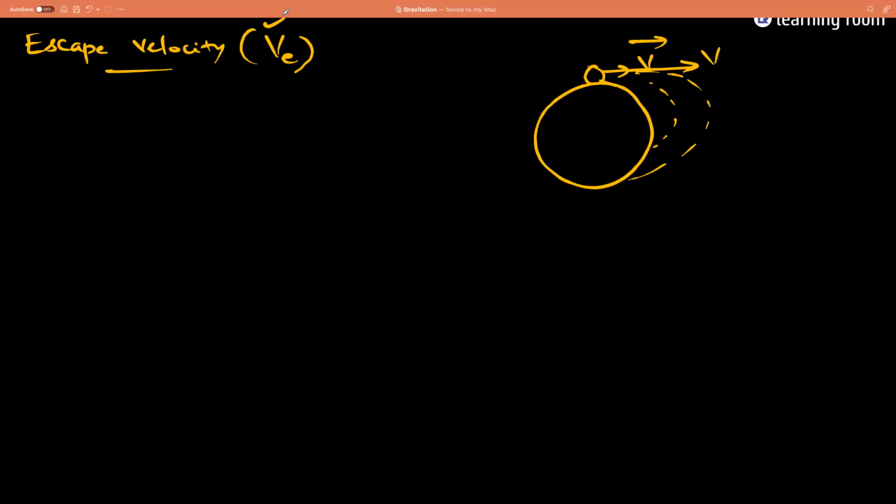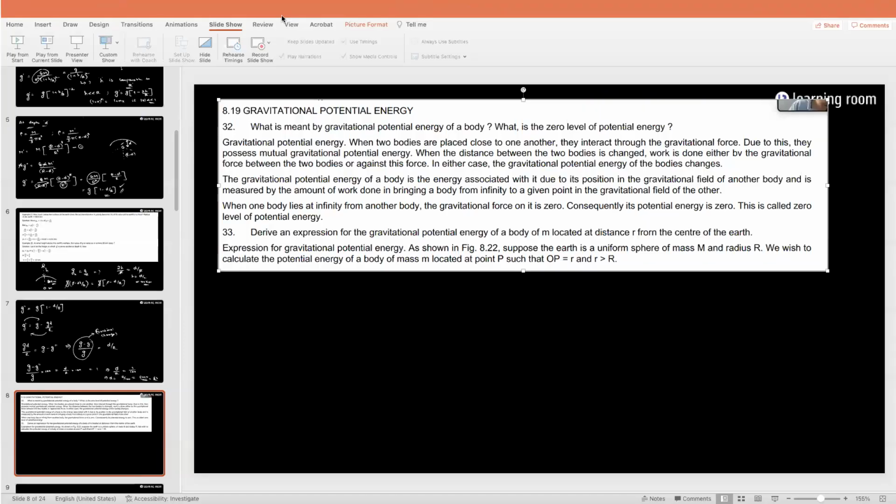Yeah. So write down the definition for it. Minimum velocity with which an object should be projected